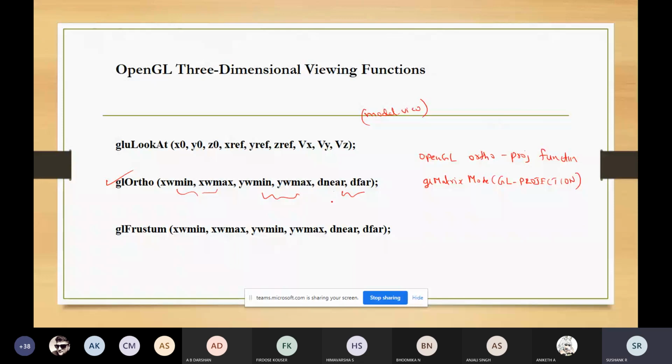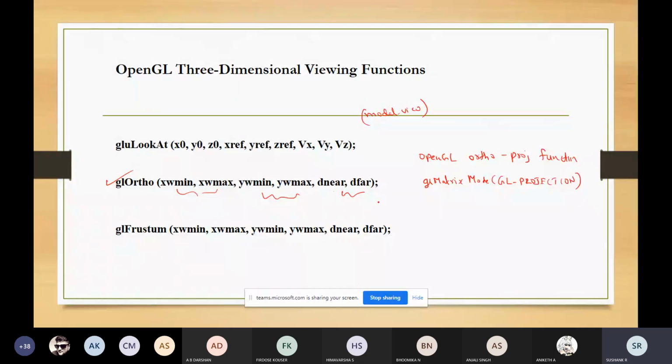We use the glOrtho function to select the clipping window coordinates, and dnear and dfar are the distances to the near and far clipping planes from the origin.